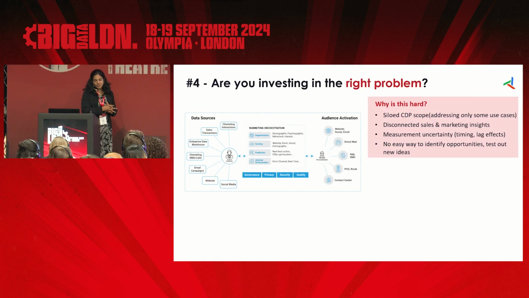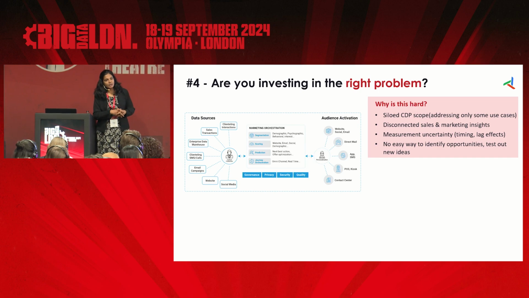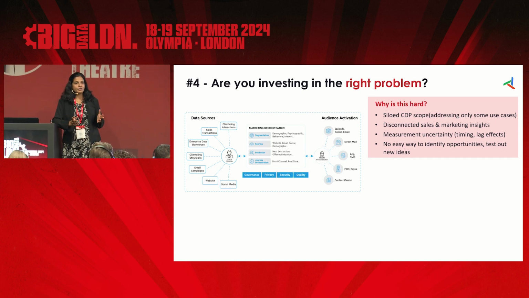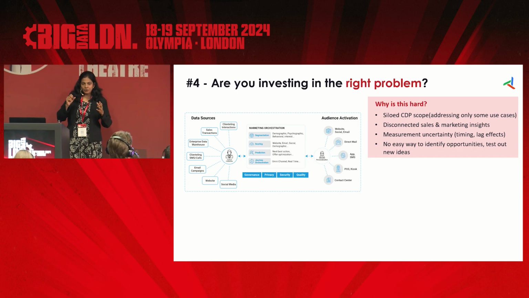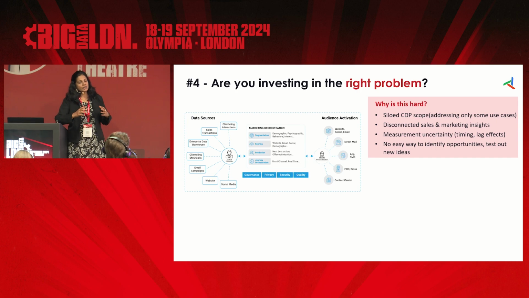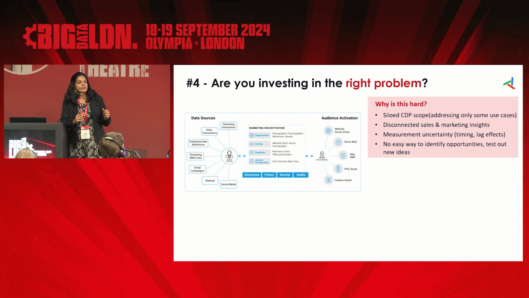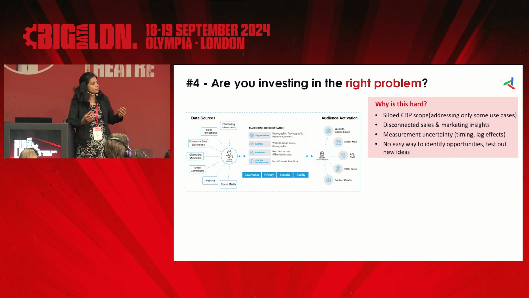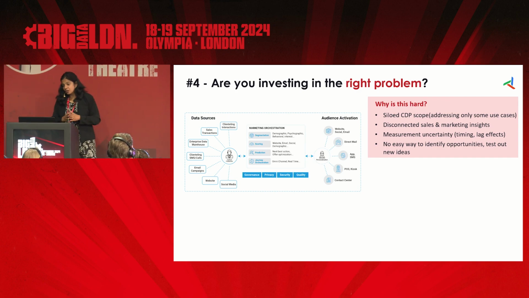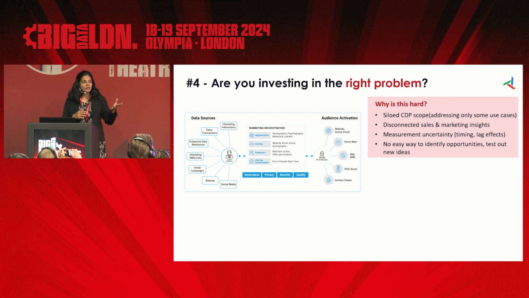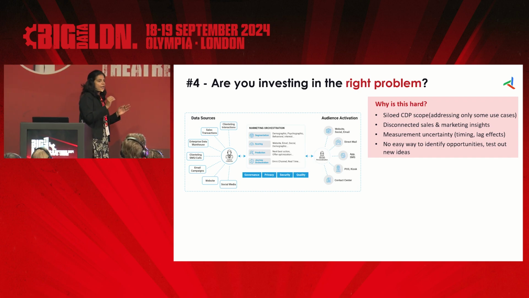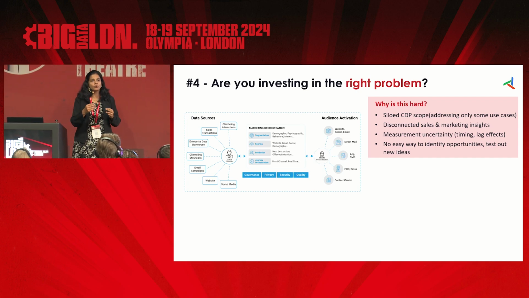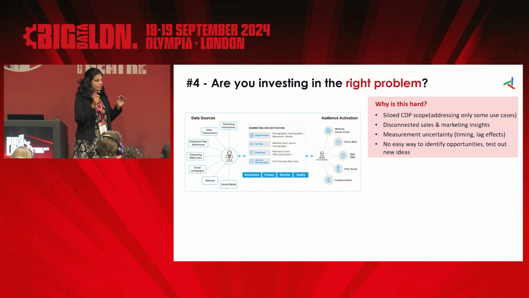Okay, so this is where I was talking about the siloed CDPs, the 2.2 CDPs that we talked about. So your customer data platform needs a unified view. A lot of brands fall into the trap that implementing an out-of-the-box CDP will give them all the right things that they need to be successful in their marketing, which is really not true. You can't have two versions of truth. You need to have a single version of truth.